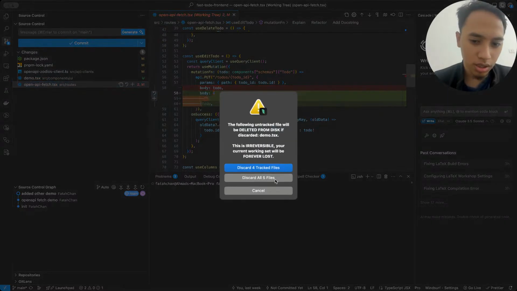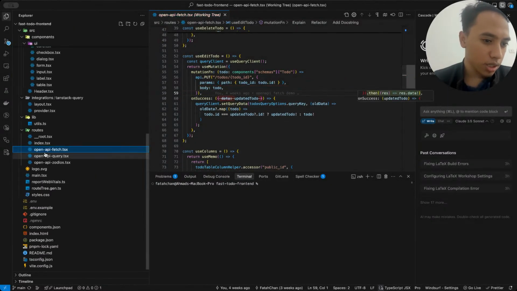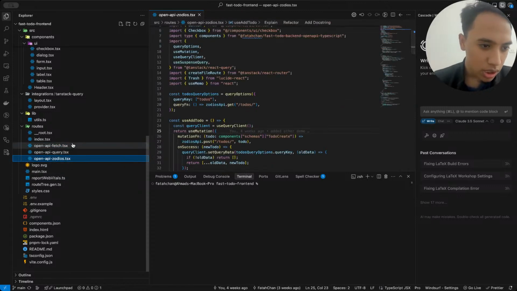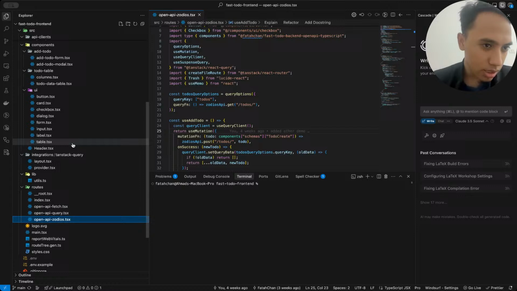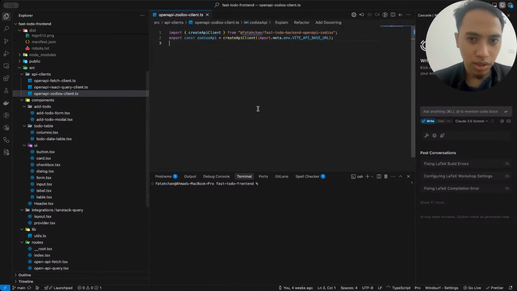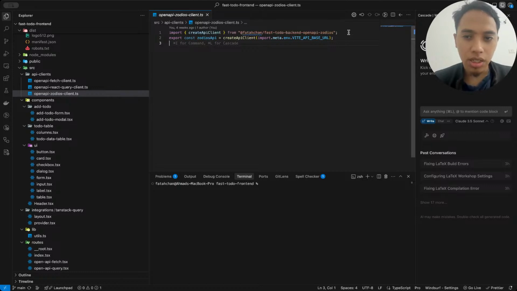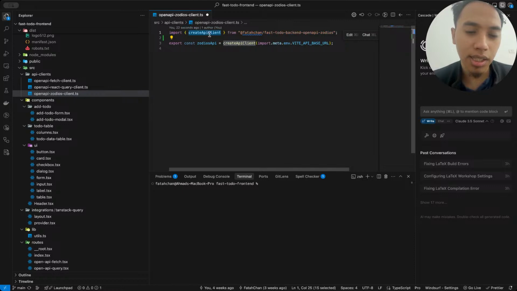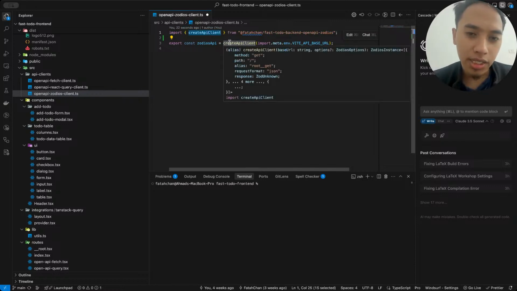I'm just gonna discard everything here, and one thing I want to do is generate the client here. Alright, cool. So what's happening here, I'm just getting the package that we just generated basically from here. We'll talk about workflow in a bit, but basically we're just getting that thing that we generated in the backend,